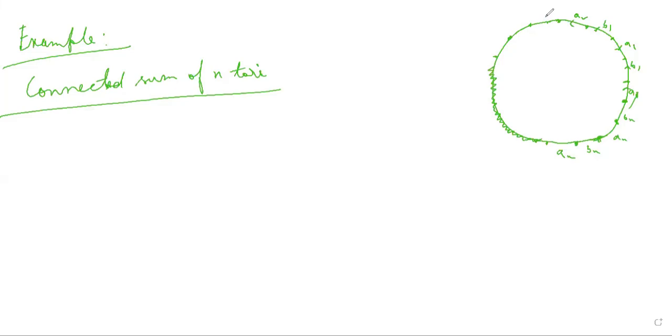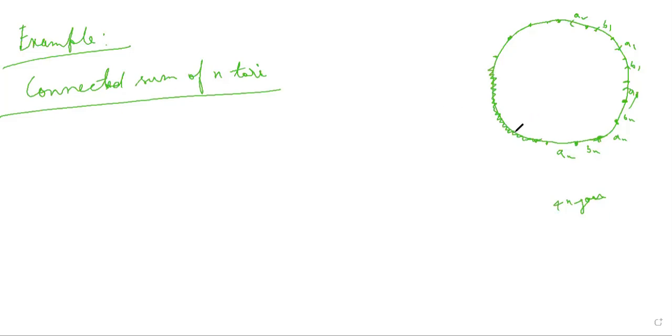So basically we are going to have a 4n-gon, a polygon having 4n sides.